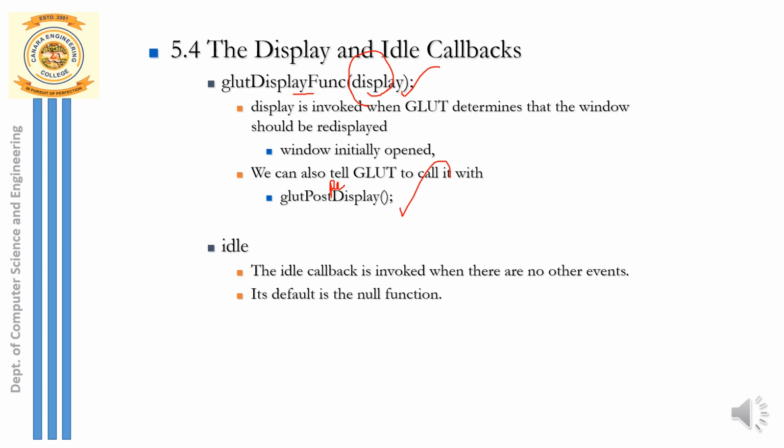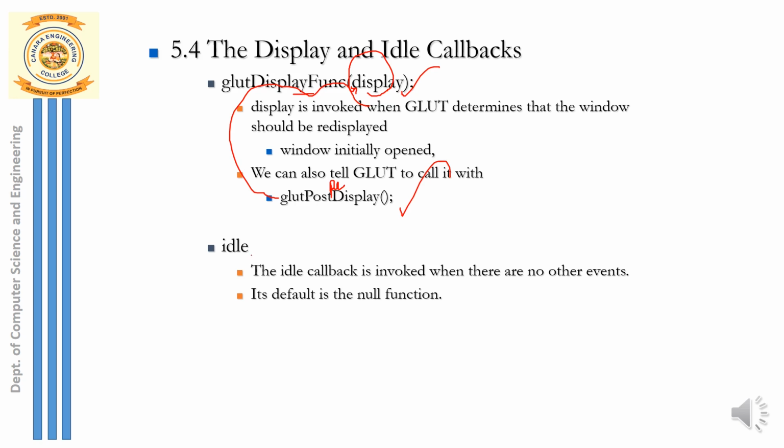This is same as your glut display function. Here a flag is set. Immediately when you call this, a flag will be set, which will redirect to your display function, and this display function will be executed again. So that is how you are redisplaying the graphics after performing keyboard function. After this key pressing event occurs, the action will be performed, and then the display function is called in order to redraw the graphics.